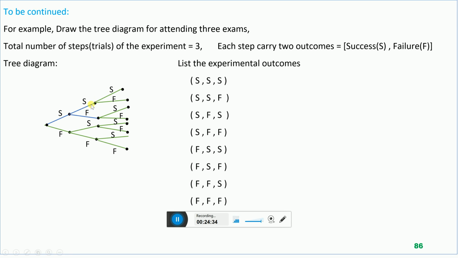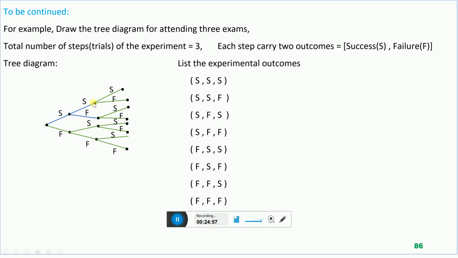This is the second step, first outcome success. I am further extending into two outcomes. This green line is a success and this green line is failure. So I am again repeating, students, that to make a tree, to make paths for the third step,